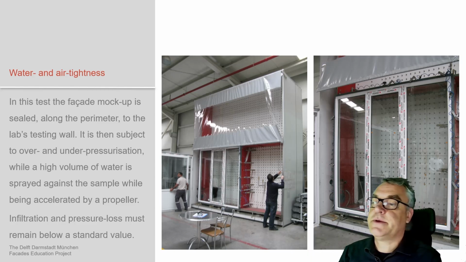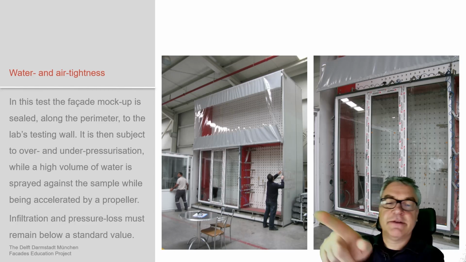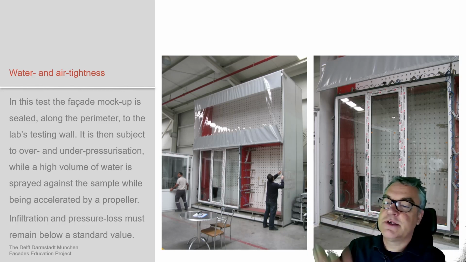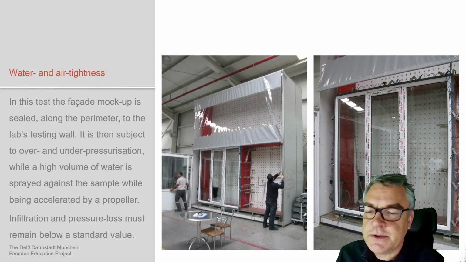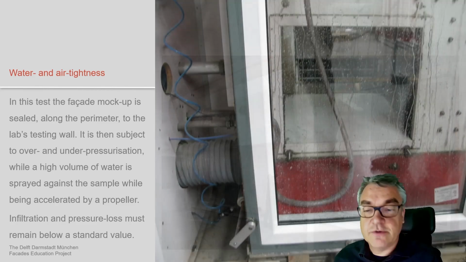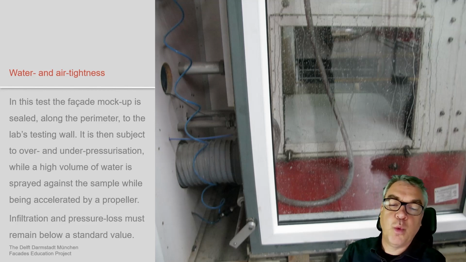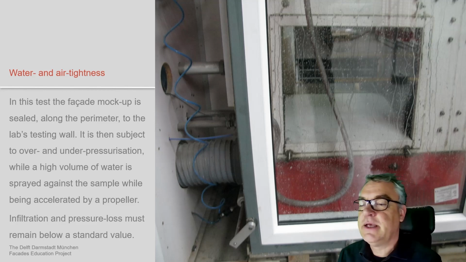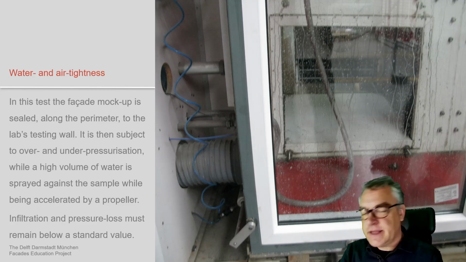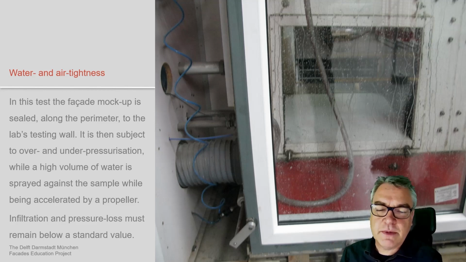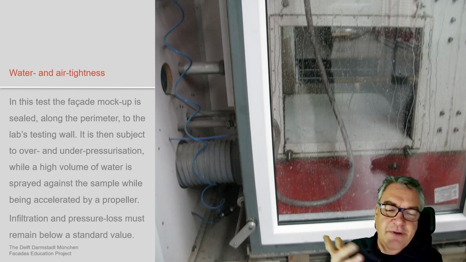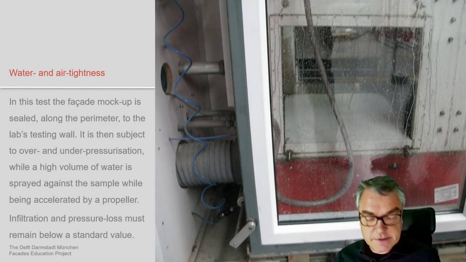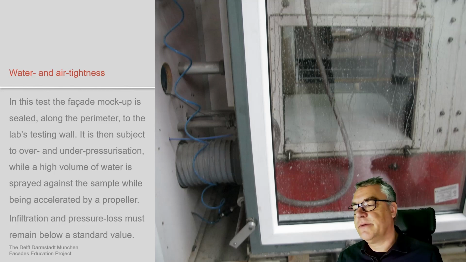These test setups are sealed. So you place the facade as we see it in here, you seal the entire thing, and then you put this entire system under over- or under-pressure depending on the system, and then you start penetrating it with water to identify leakages in the facade system. If any water is draining through the system, depending on the air pressure you place on the inside and the amount of rain you mimic, it either failed or survived its testing request.